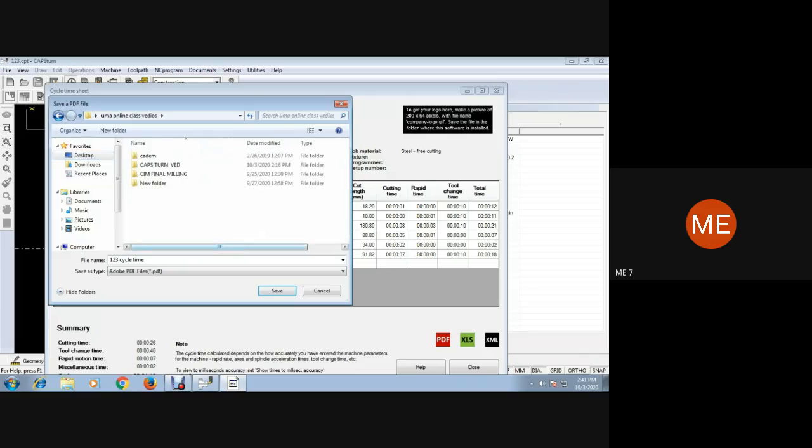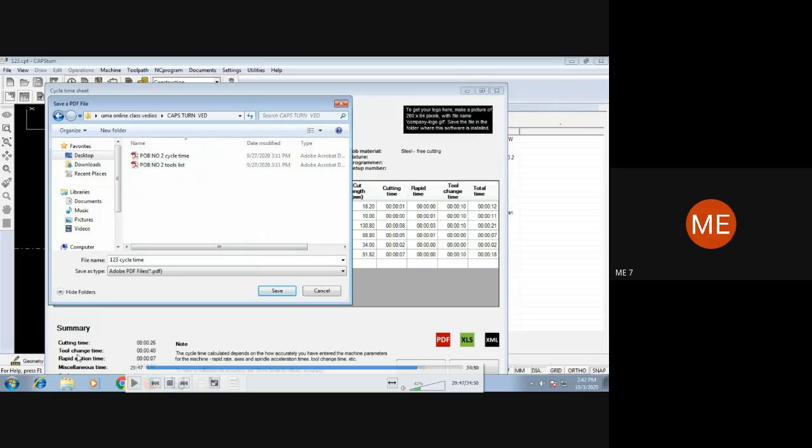This we can store as a PDF file, and here in the summary below we will have the cutting time, overall cutting time, tool change time, and so on.